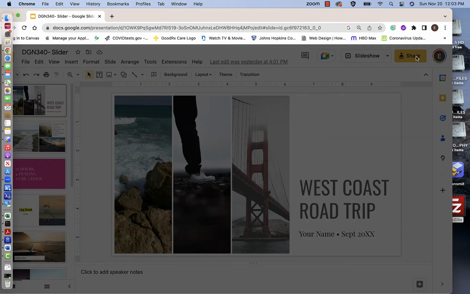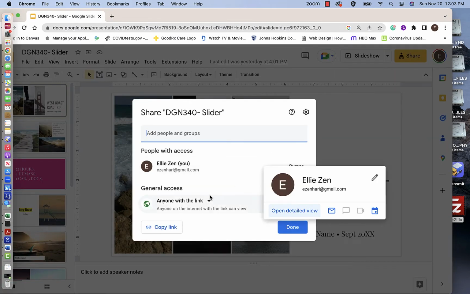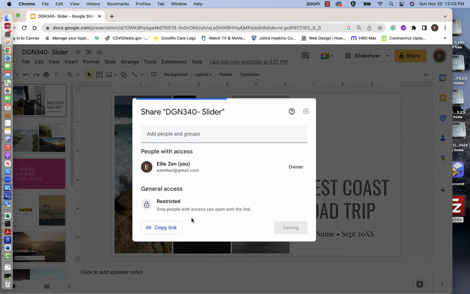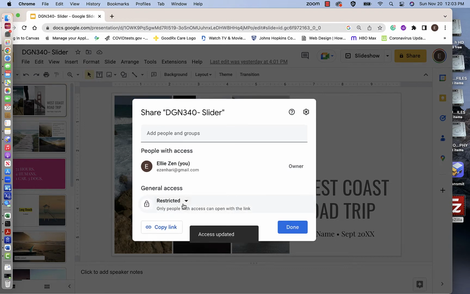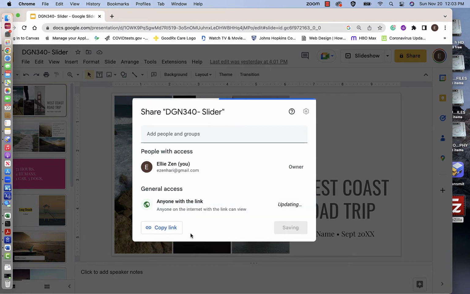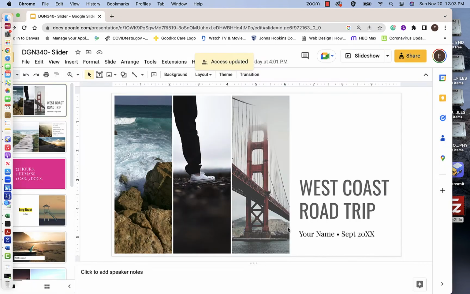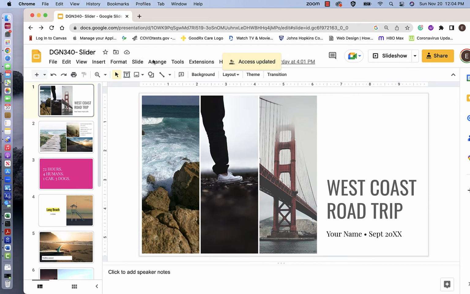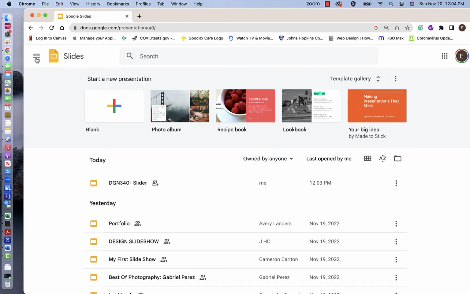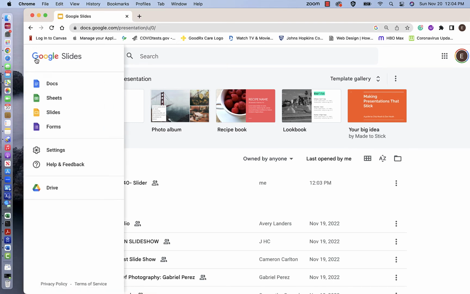Then from the share option, when you click it, by default it's set to restricted. So you want to change that to anyone with a link, and you want to say done. So now we've kind of fixed the slider so it's visible to everyone, and I'm going to go back to my site, my Google site,